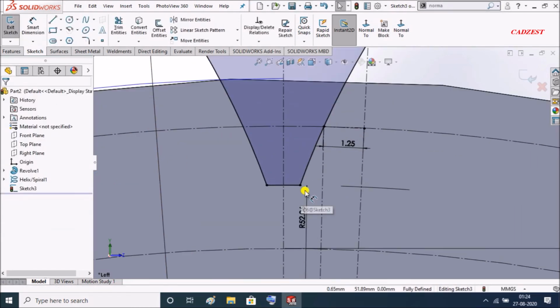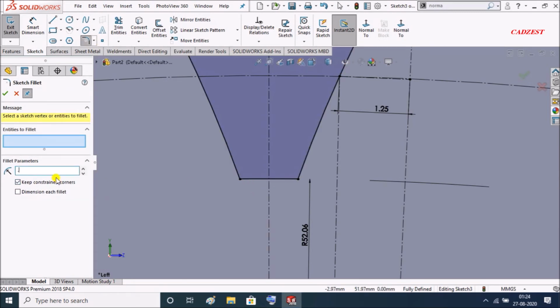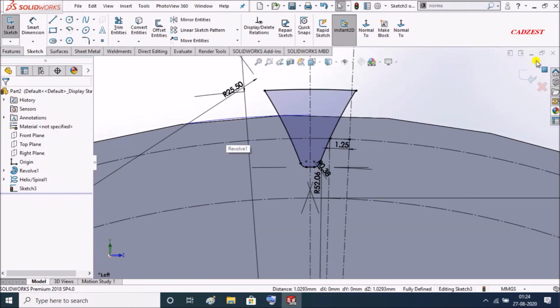Now this will work. Keep fillet 0.38. And exit the sketch.